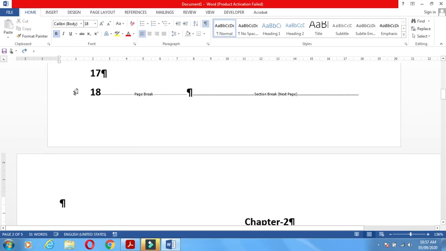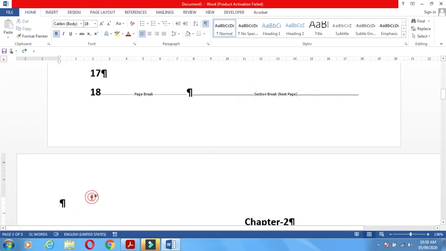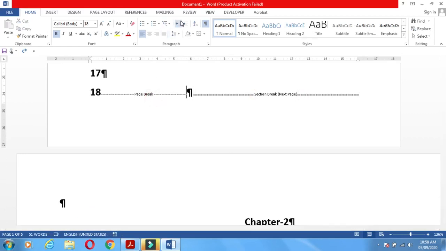Here is the page break. See, here is the page break, and the section break for the next page, and the section break for the next page. Have you seen here? In this way you can see. Again you click on this, it will be removed. If you want to check again where the page break and section break are applied, you click here again. In this way you can see.